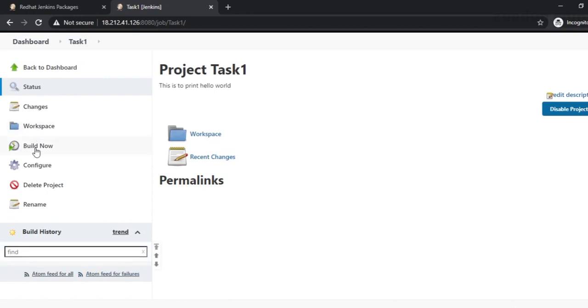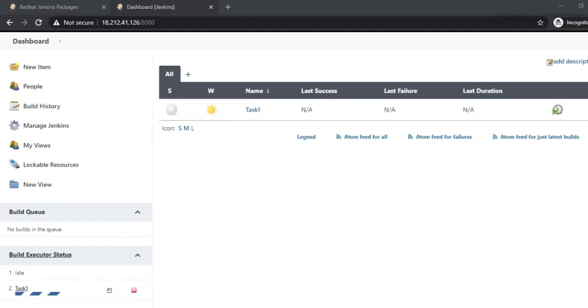So we will click on build, and after that it will come as a new build in build schedule. Now we can see in a couple of seconds that we will see a build history right here.